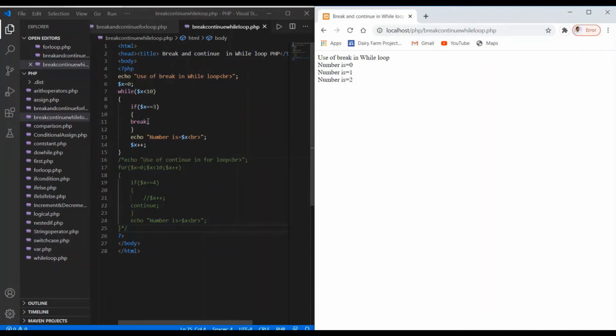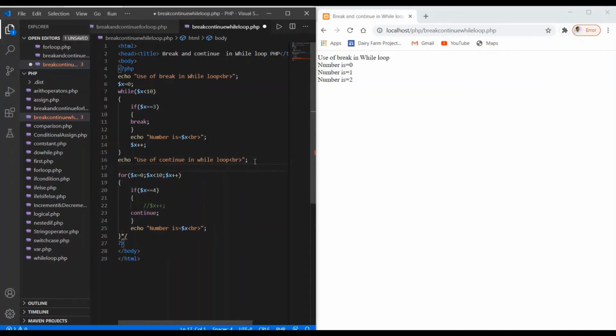And now in this case we are going to see how to use continue in while loop. The same procedure we have to follow here. We have to declare a variable, this time I'm taking another variable, variable y, and I'm initializing it equal to 0 and putting the semicolon here to terminate the statement.